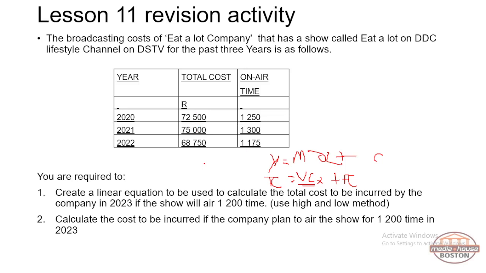So the formula is total cost equals variable cost per unit multiplied by the activity plus fixed cost. And under this scenario, we are required to create a linear equation to be used to calculate the cost to be incurred by the company in 2023, if the show will air 1,200 times. So we want to find the value of VC, which is the variable cost per unit, and the value of TFC, which is the fixed cost,